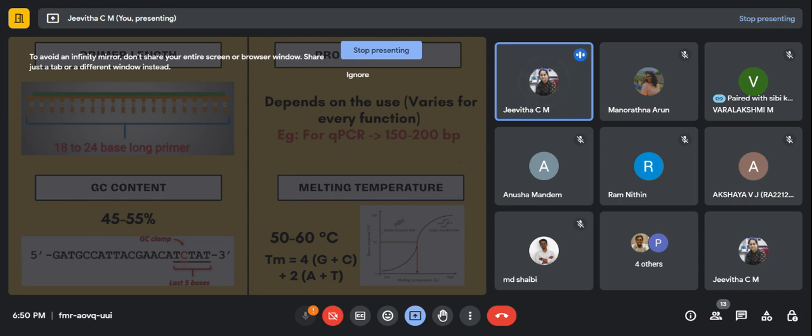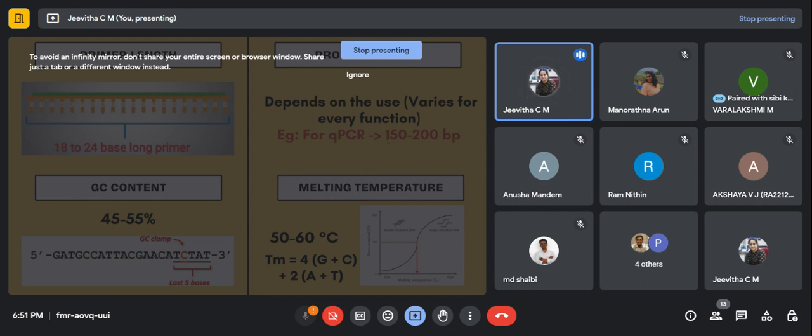And product length. Primer length and product length are different things. Primer length is what we talk about, the actual primer sequence, and the product length is the region which is going to get amplified between the forward and the reverse primer. That is what we call the product length. And it depends on the work, or on how we are designing it. But when it comes to qPCR, it must be around 150 to 200 base pairs only,